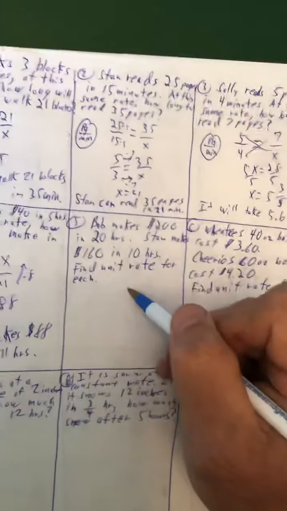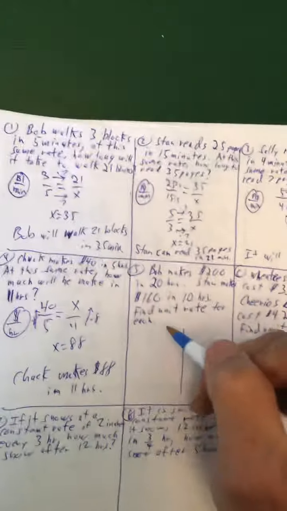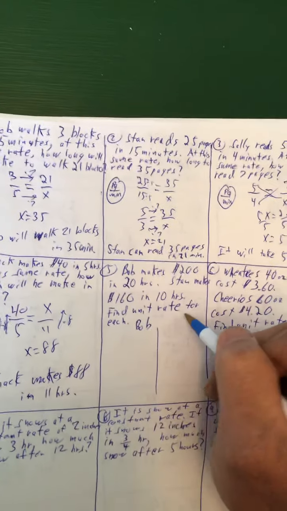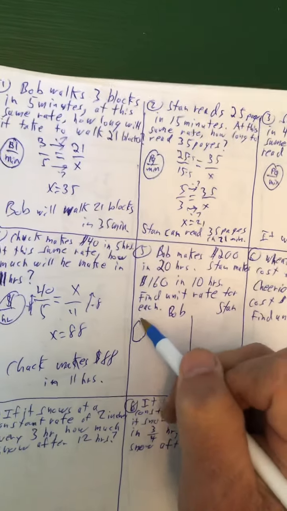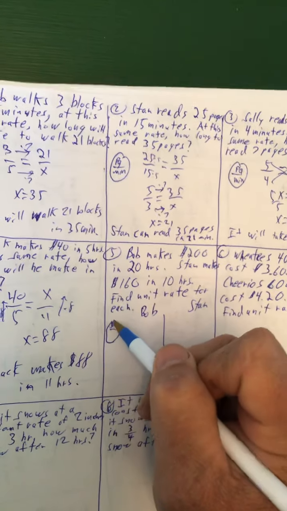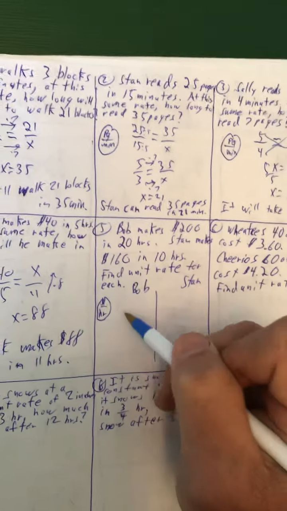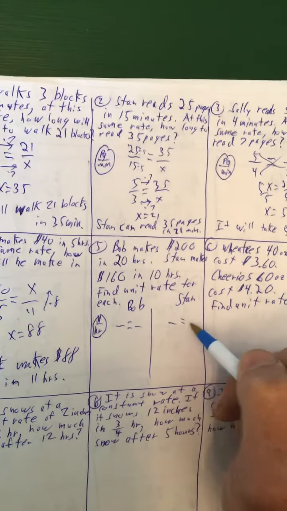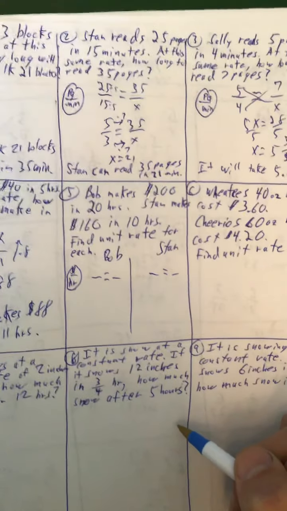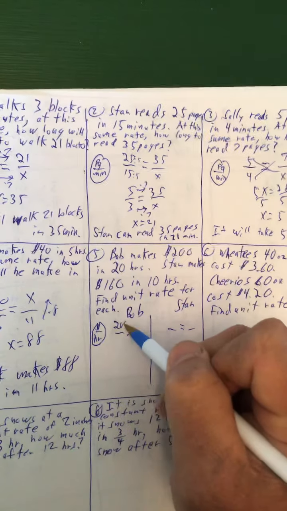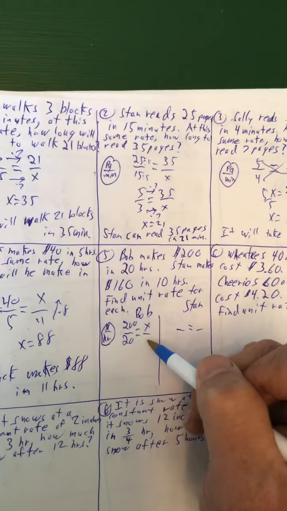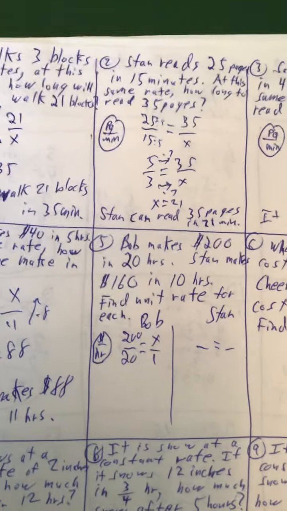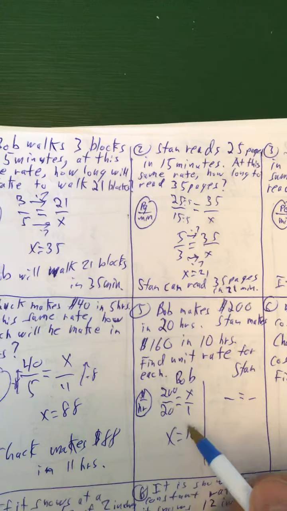All right, now we got 2 people. I'm going to cut it in half here. You got Bob over here and Stan over here, right? I'm just going to make one circle. It's dollars per hour. Be organized. So Bob's making $200 in 20 hours. How much is he going to make in 1 hour? When I'm trying to find the unit rate, you just do X over 1. So he's making $10